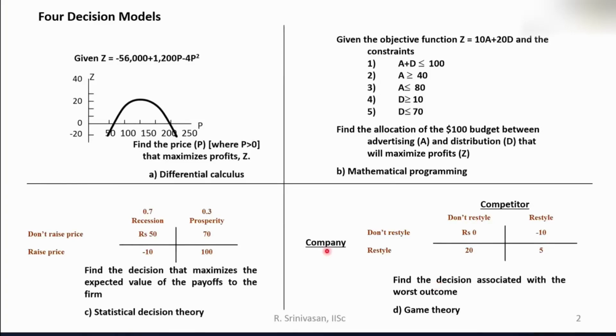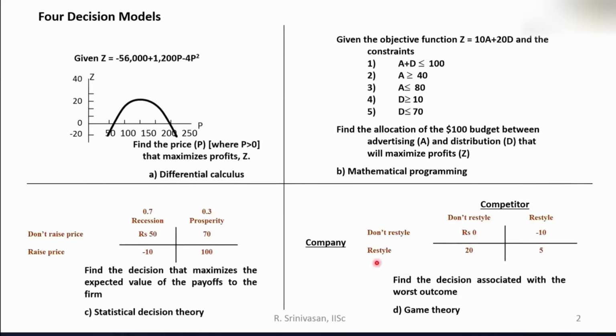What is presented here is one company, one competitor. The scenario presented is whether to restyle the product or not to restyle the product. So this is what happens in most of the automobiles. You keep on changing the styling of the product. So one car which came with one style at one particular point of time might not be there after 1 or 2 years. If you consider the present scenario, most of the prospective consumers are taken in by the styling of the Honda City car. They say what a method of styling which is adopted.